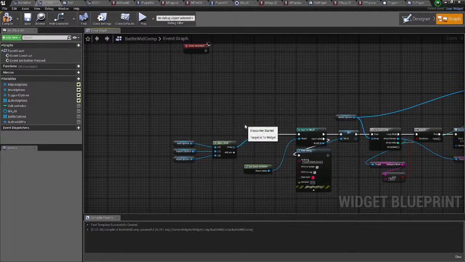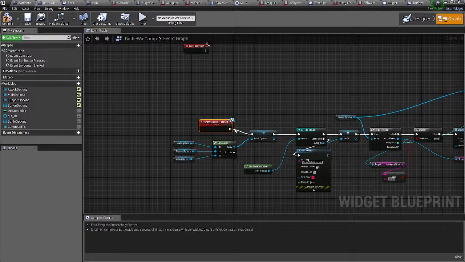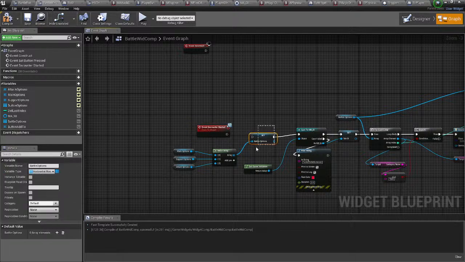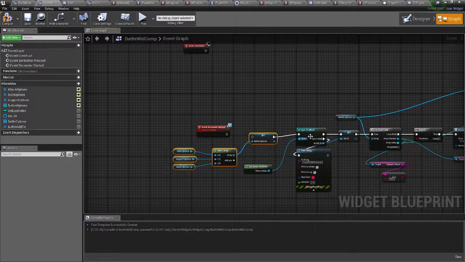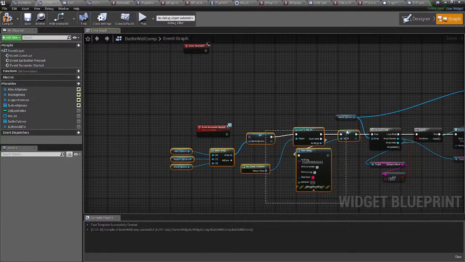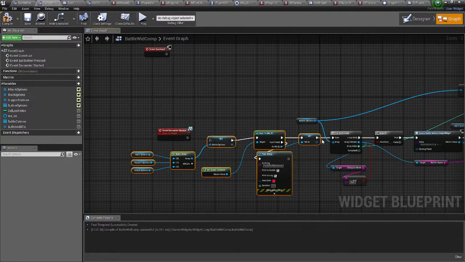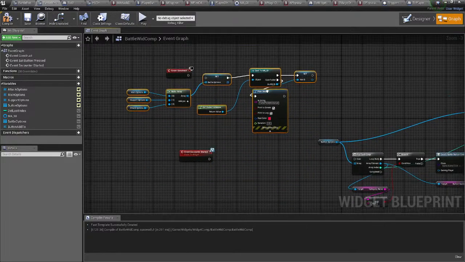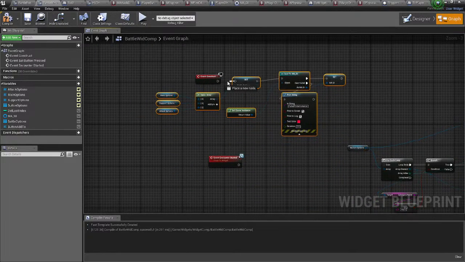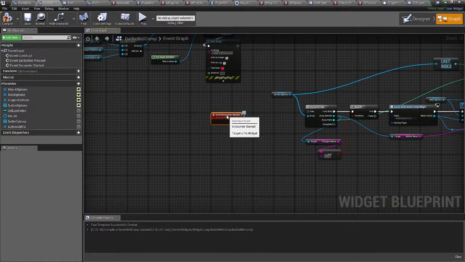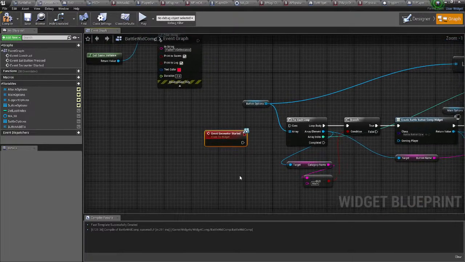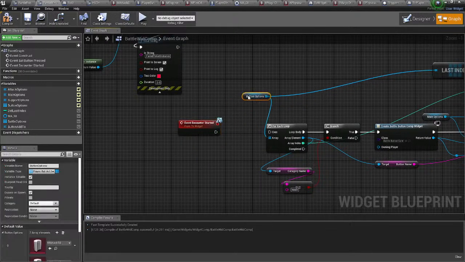Encounter started. Nope, I need this one. And these need to be up here with this. So when an encounter is started,